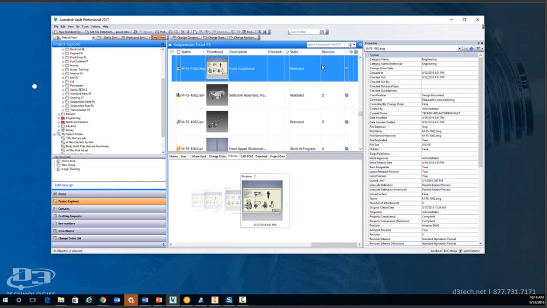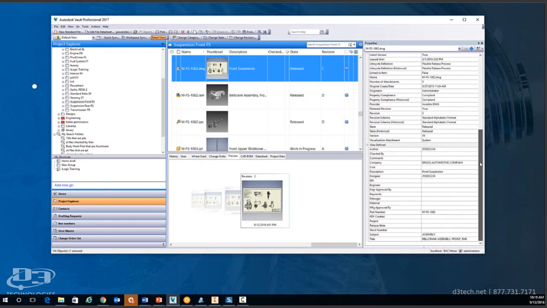I can choose in my scripts to grab that release state or that description or that revision or any of these metadata properties that I have over here and add that to the file name or even the directory of where I'm going to put it. So I can create a PDF file that's named M-FS-1062 underscore Rev C front suspension.pdf, and I can put it here and make an attachment to that file so that they're forever related,